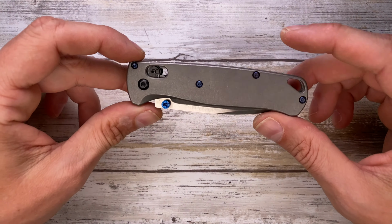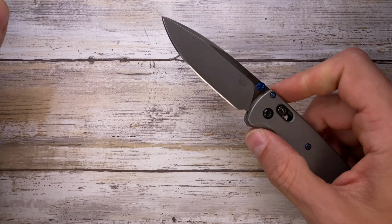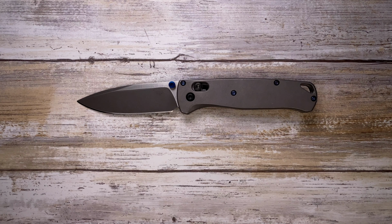And today I've got the Benchmade Bugout here for a review. As usual, we're gonna analyze the look, the sound, and the feel of this guy. But first of all, let's just do a quick size comparison. Let's do it up against the